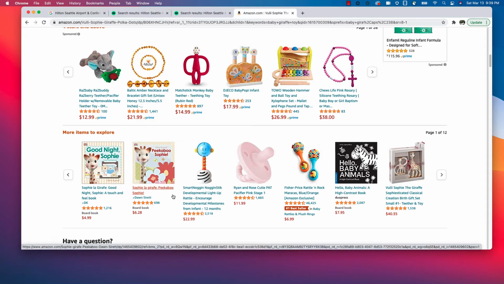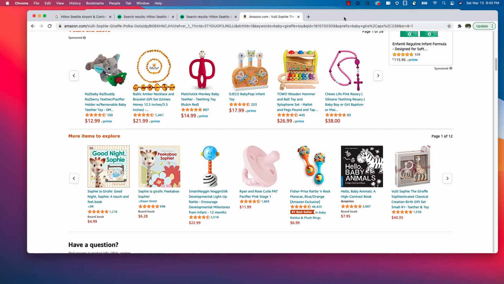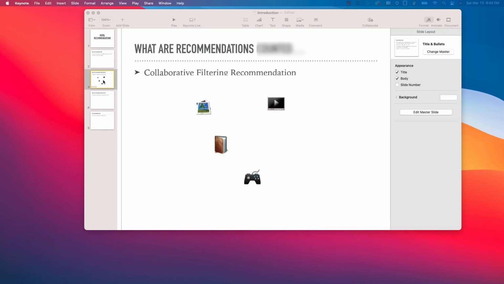The pro of this approach is that when you are bringing up a new e-commerce website, when there are no users on your website and you don't have a lot of information about what users have bought, at that point you should use content based recommendations because it doesn't require any information from users. So this is all about content based recommendation. Now let's learn about